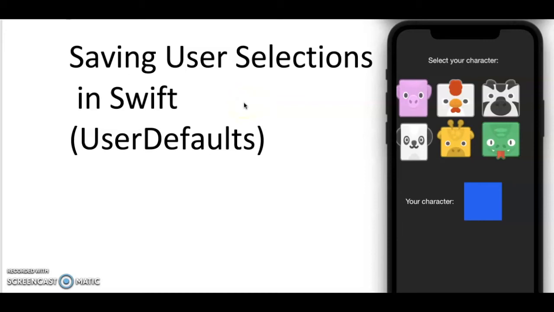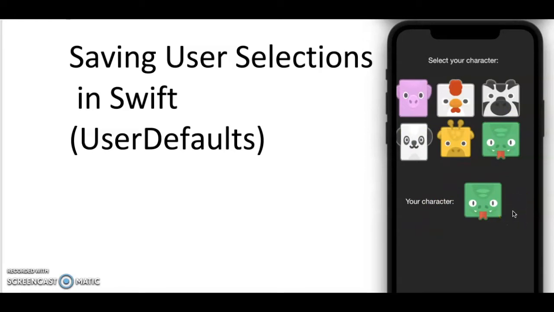Hello programmers! Today we're going to talk about user defaults, or keeping track of data that the user has selected and being able to use that later in the app when somebody launches it. So for example, I'm going to show you how to make this little example where you can select a character and become one of these cute little animals, and not only does it remember what animal you selected while you're